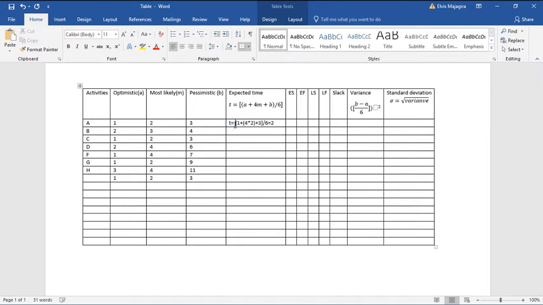Well, from there you proceed with the same calculation down here. Let's just do it one more time. T equals, which is A, 2 plus 3 times 4, plus 4 B, plus 4, everything we divide by 6, which is equal to 3. Okay,